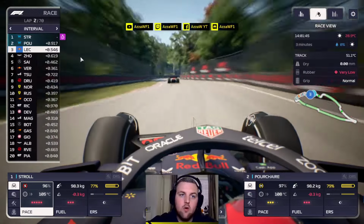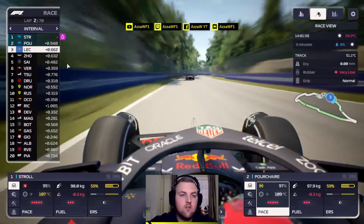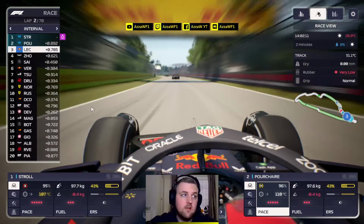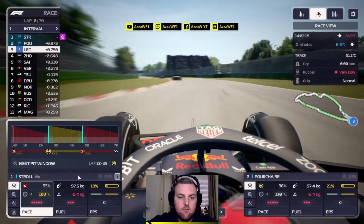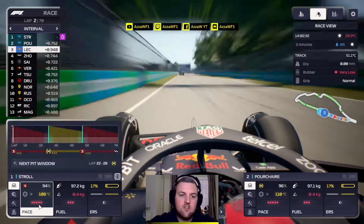It's not anymore. Pourchaire just losing out now a little bit, but we'll keep him in. Look at that though, we still can't get ahead far enough from Leclerc. You'd think hard tyres wouldn't be able to live with us at this stage. It just means that it is. 8 tenths is the gap. Stroll pulling away nicely. We've got Leclerc just around a second though,